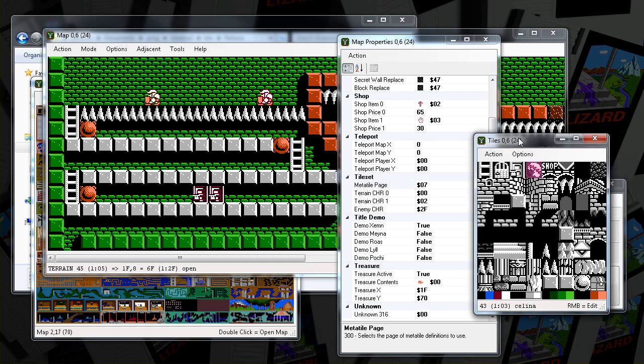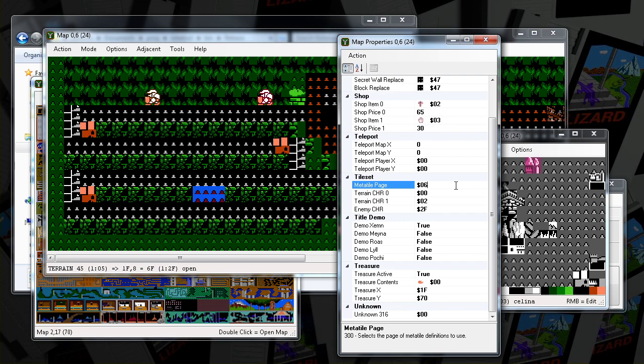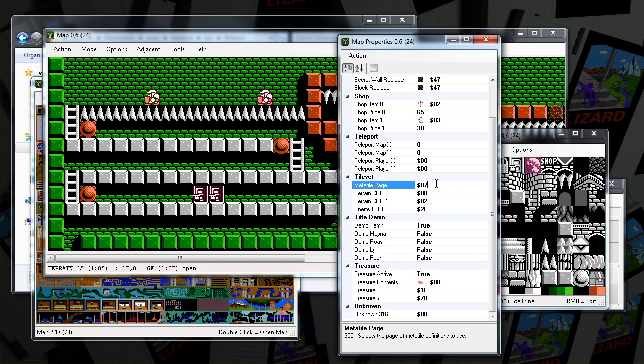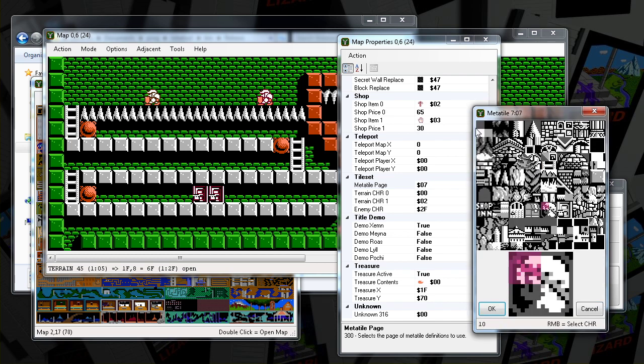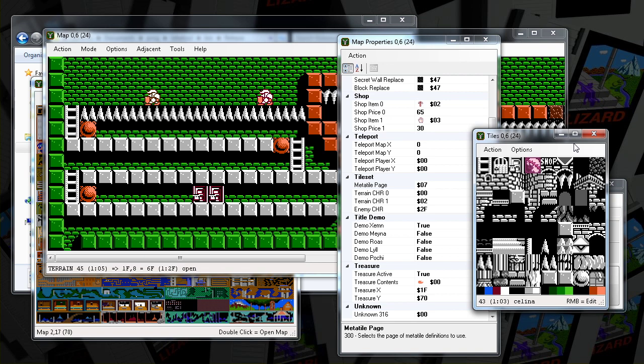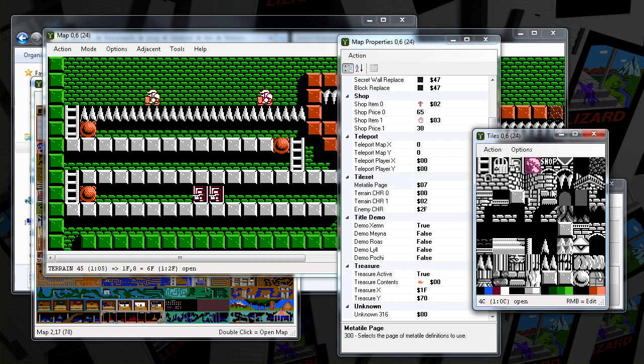The meta tile page is what you're seeing here. So there's different meta tile pages. This is hard to change actually, because not only do you have this page that assigns every tile to 4 different blocks like this, you also have these CHR pages, which are like the underlying graphics that are loaded. And these 2 things are connected to each other. And the thing is, many rooms in the dungeon will use the same graphics and use the same meta tiles. So if you change one of these meta tiles, it'll change it in several rooms at once. So just a warning there.